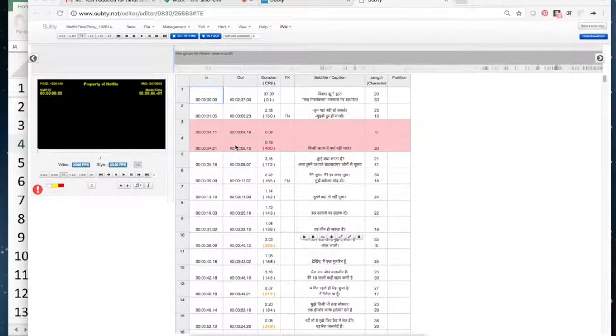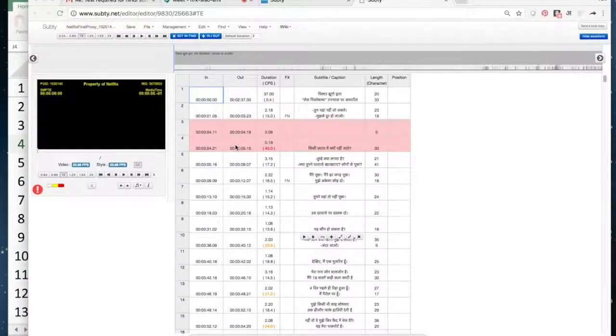Alright, welcome to this video on how to use error management on Sapti. I'm going to show you really quick how Sapti intelligently identifies errors within the system. Of course, it cannot identify errors like grammar and it cannot identify errors like spelling. This is something we rely on the translator to correct, but there are some basic subtitling guidelines which Sapti helps